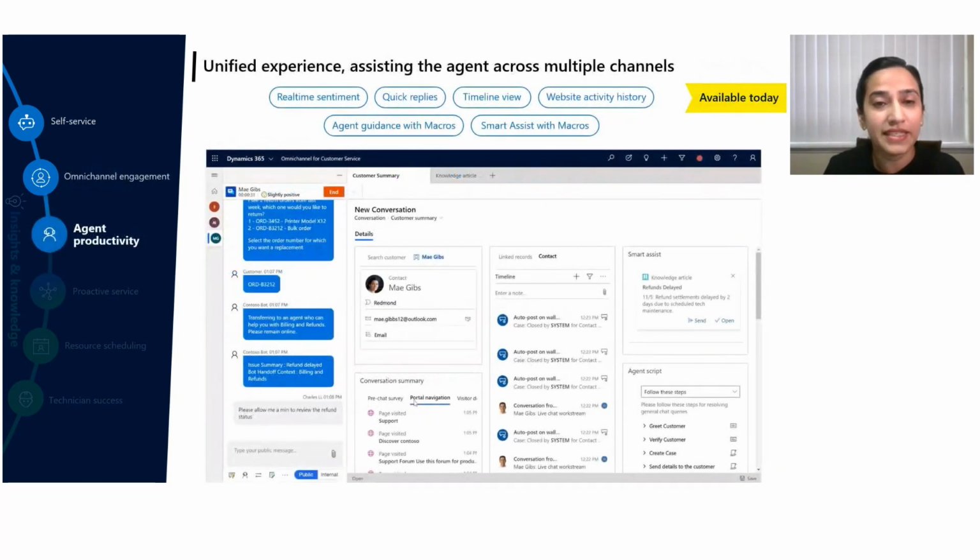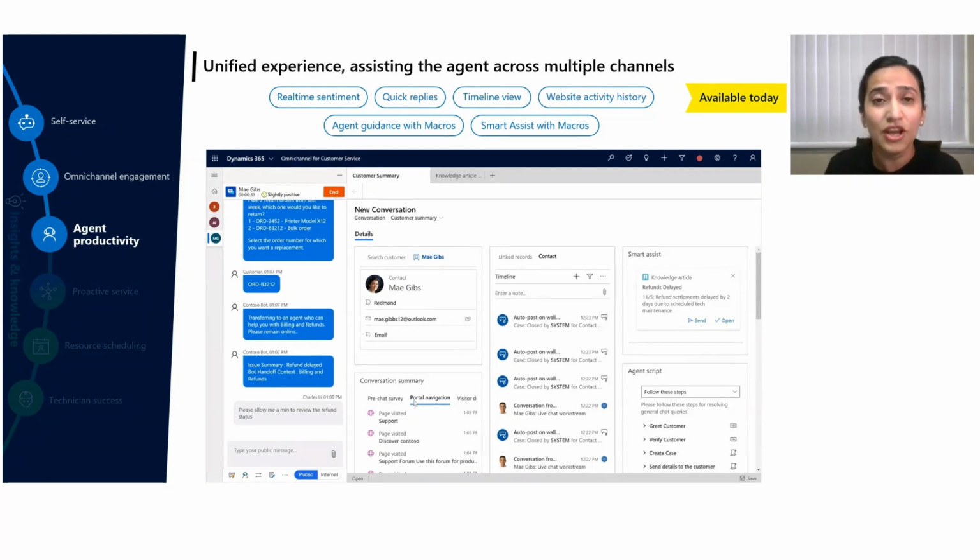The next section that we will be diving deep into is the next generation agent experiences that revolve around agent productivity. Now, based on the interactions that we have had with different customers, the key problem that has surfaced to us is the fact that in the contact center industry, the attrition rate is too high. A lot of times the agents are working in silos across different applications for different channels, and the information is spread across different systems. Now, because of all these three parameters, the agent productivity is impacted and the customer experience